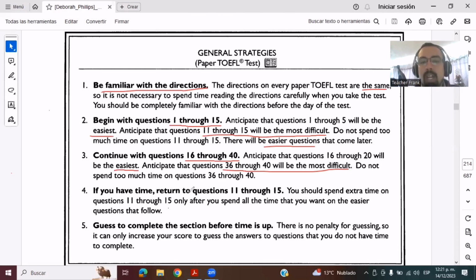So it says here, if you have time, return to questions 11 to 15, right? You should spend the extra time that you have on these types of difficult questions. And guess, right? Very important that you don't leave any blank answers, so it increases your score. Remember, 25% probability if you guess, okay? So if you want to take notes on this,